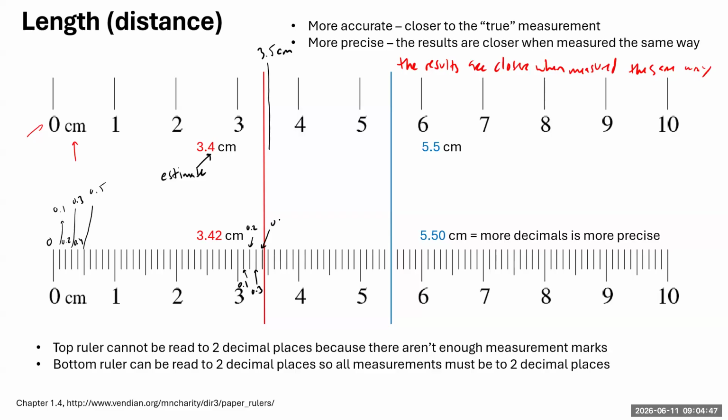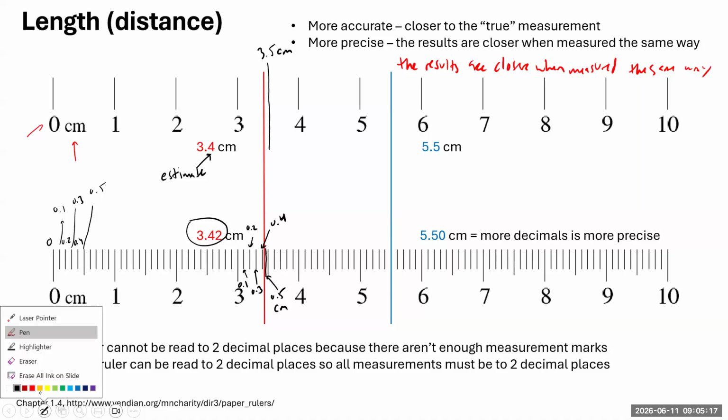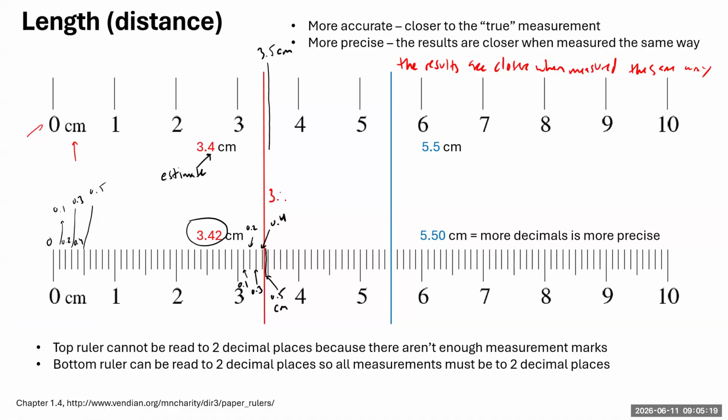Black line here is 0.4, right? If we were to split this up and put a line right there, that would be 0.5 centimeters, but it's not quite at 3.45. So it's below 3.45, so we pick 3.42. Another appropriate answer would be maybe 3.41